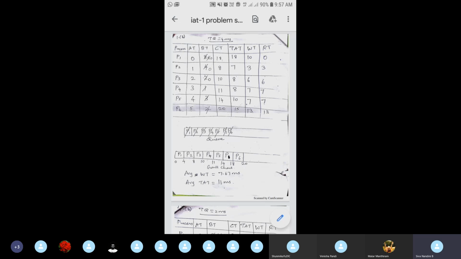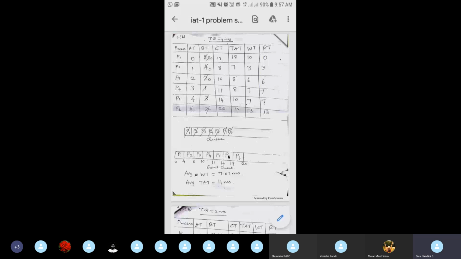After this P5, what is in the queue? P1. See here, this P6 process arrived at 5th millisecond itself. So we have to add this P6 process after P1 in the queue. Okay. So now P1 will be executed for the time quantum 4 millisecond. That is 14 to 18. And thus the process P1 has completed its execution. Remaining we are having only the process P6. It will be executed for its burst time. This is 2 millisecond only. So from 18 to 20, this process P6 will be executed.